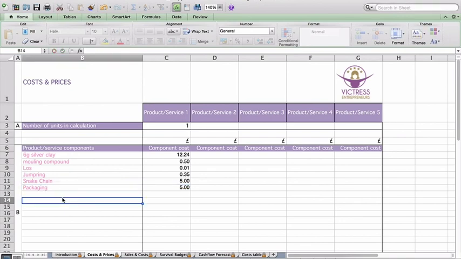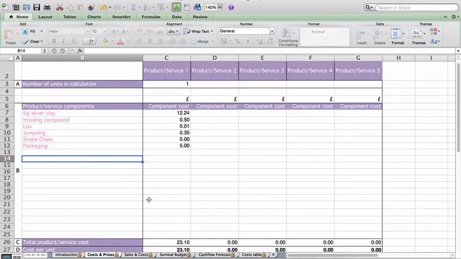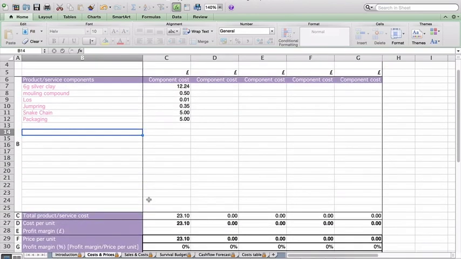Now, if you sell your jewellery online, for instance, or your products online, do you need to include the cost of shipping into your component costs? Well, that depends upon whether you charge extra for shipping or whether it's free shipping. Obviously, if it's free shipping, you need to build that cost into the cost of your products. Otherwise, if you charge the customer for shipping, then obviously that doesn't need to be included in here. So what this has done then is actually calculated the cost of producing this item,